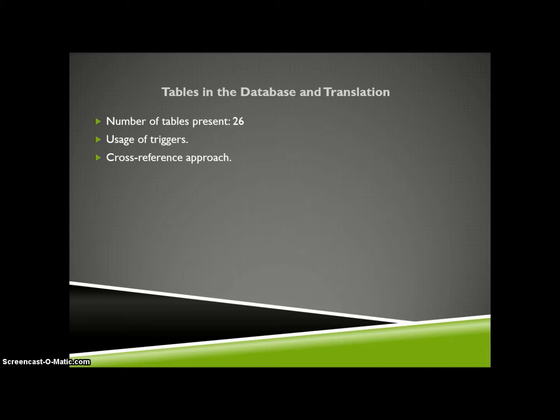Similarly, other entities such as admin, staff, student, etc. are represented by the tables admin, staff, student respectively. Primary key and foreign keys are also represented for each table. Similarly, each relation is represented by a table as we are using the cross-reference approach. Primary keys of the tables are taken as foreign keys in the table representing the relations.